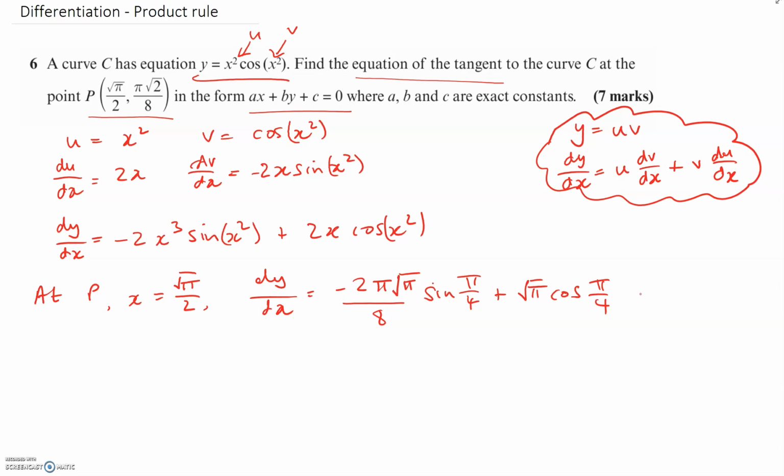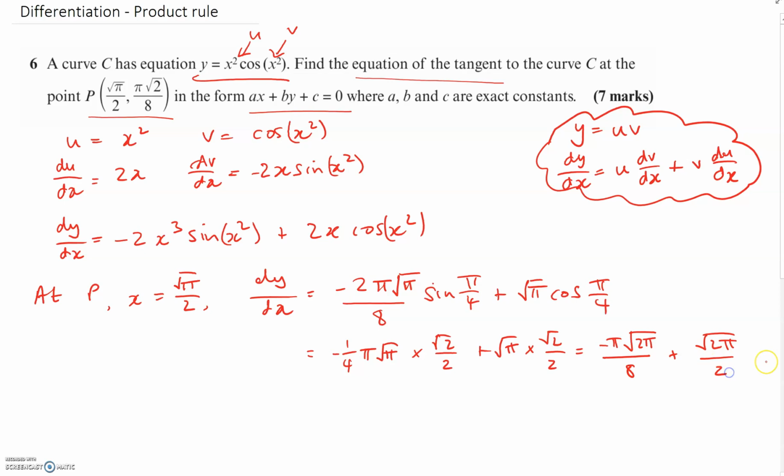I'm just going to simplify it a little bit. So I'm going to get minus a quarter pi root pi, and sine of pi over 4 is root 2 over 2, plus root pi, cos of pi over 4 is also root 2 over 2. So finally I get minus pi root 2 pi over 8 plus root 2 pi over 2. Right,